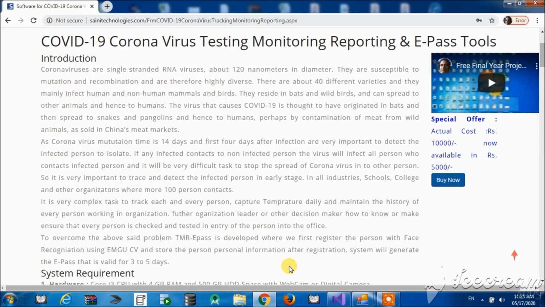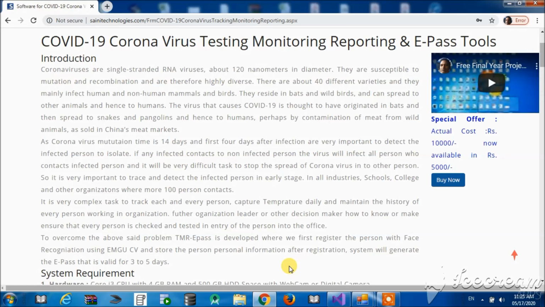In all industries like schools, colleges, and other organizations, there are more than 100 persons in contact with each other. For these organizations, it is a very tough job to track each and every person, capture their temperature daily, and maintain the history of every person working in the organization.